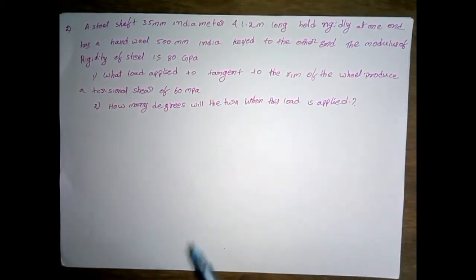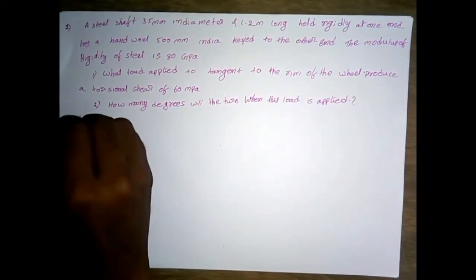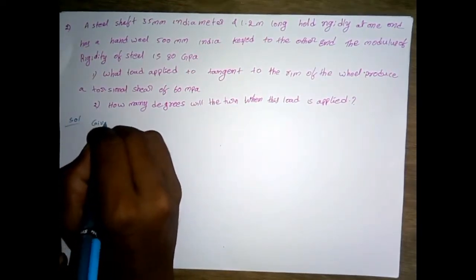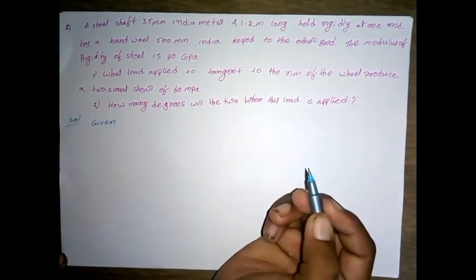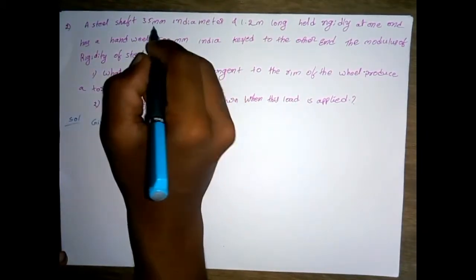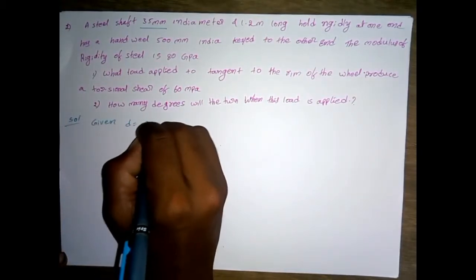So this is the given problem. Now we want to write the given data for the solution. That is given, a steel shaft of 35 mm. So the diameter of the shaft is d equals 35 mm